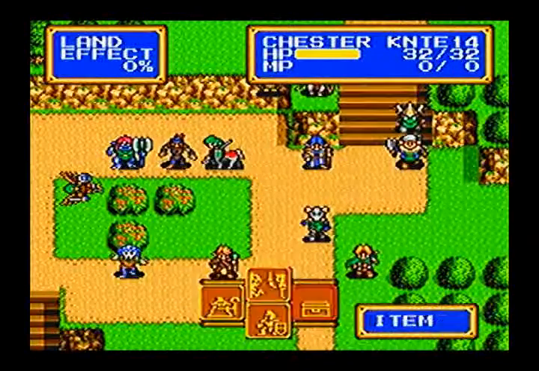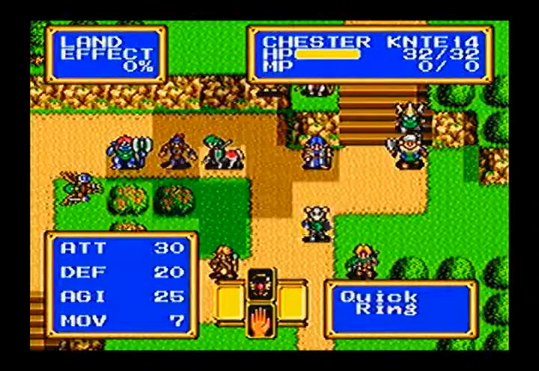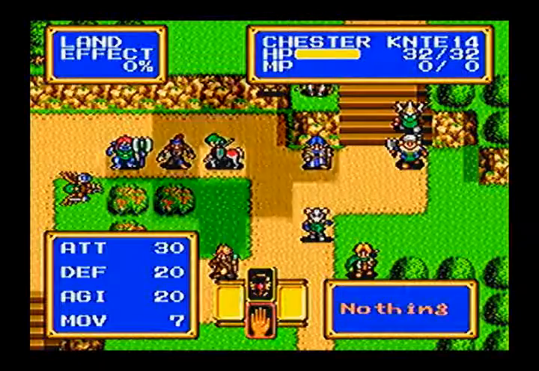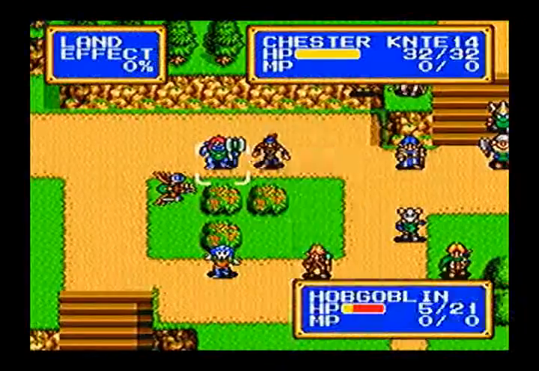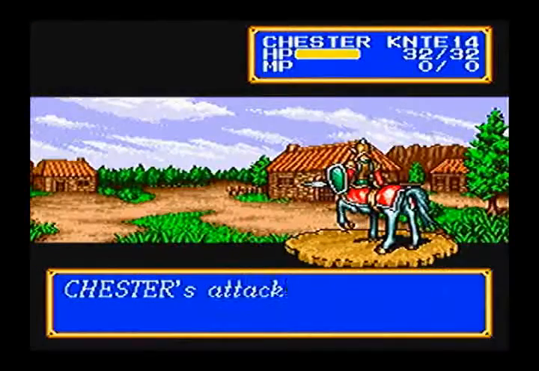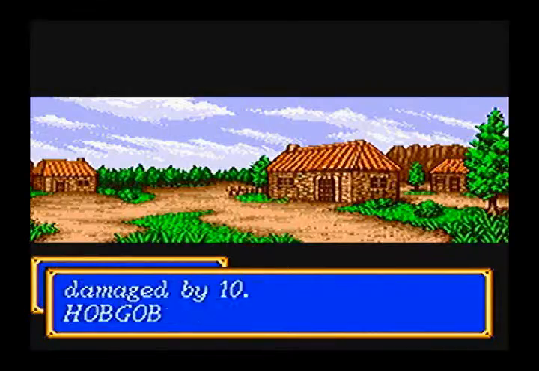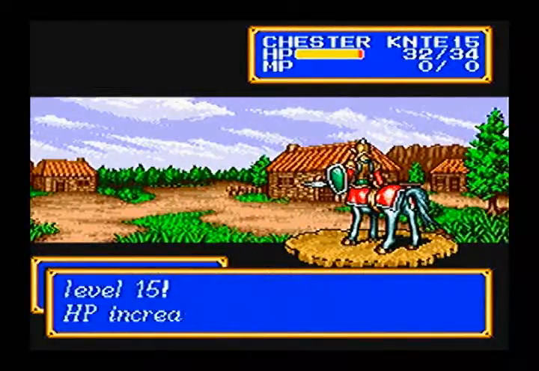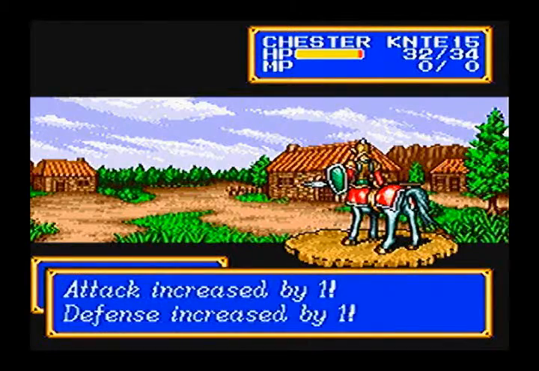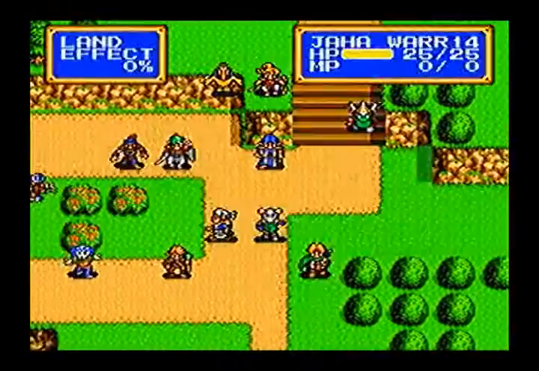Let me see real quick. The spear, that does agility. Well, I'd probably end up selling that. I don't really care too much for agility. You know, agility affects turn order, and usually turn order doesn't really matter to me, because I find reasons to have turn order